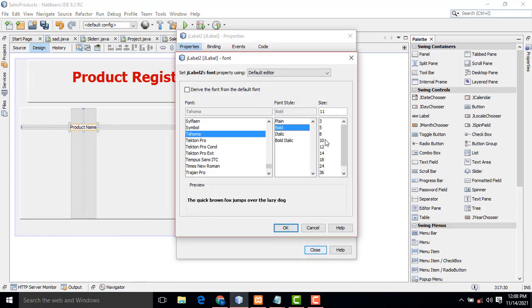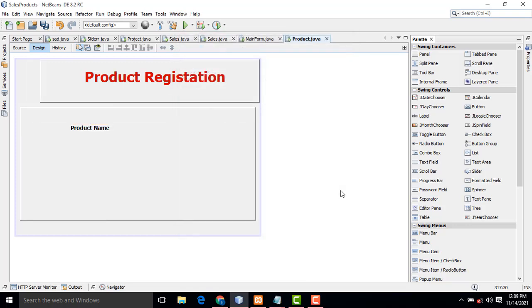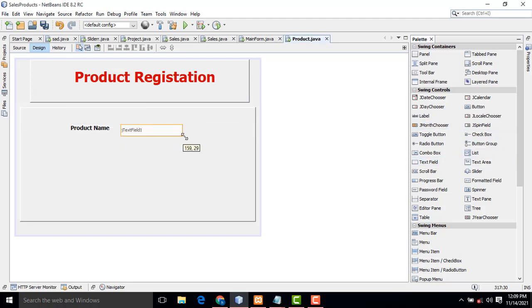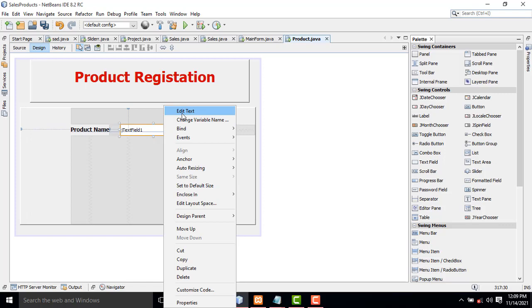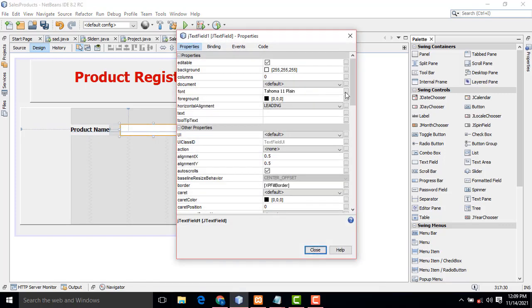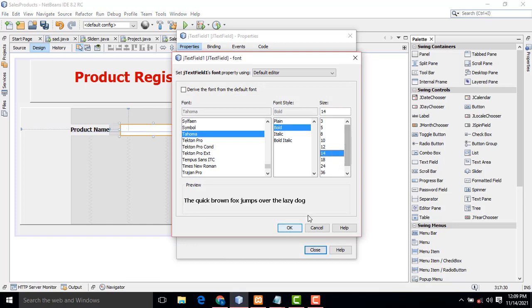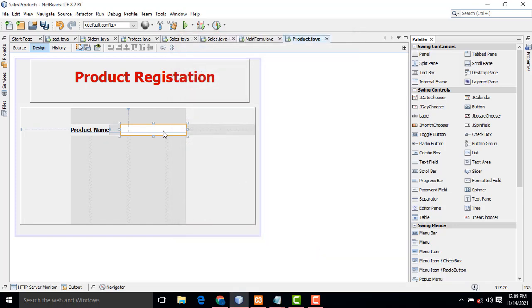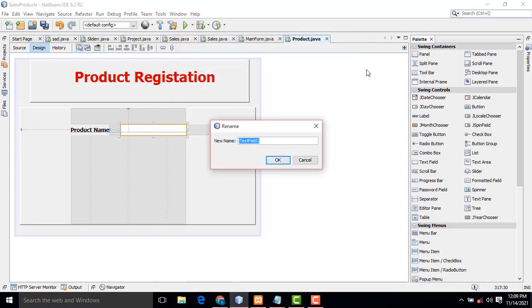We have to select bold with 14. Here drag the text field. Use backspace to remove the existing text. Select again, properties, bold with 14. Click OK. Right. Name this text field as txt p name.